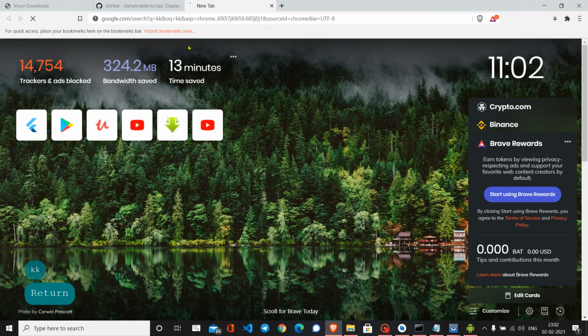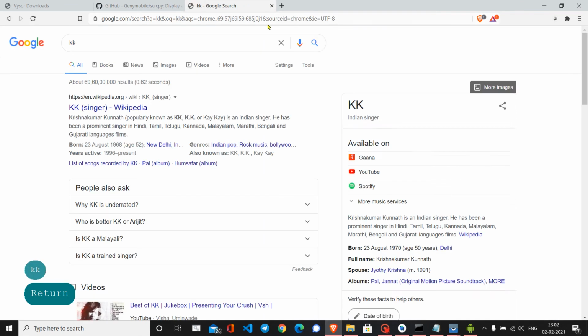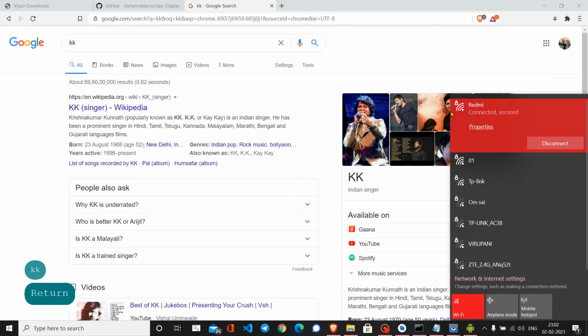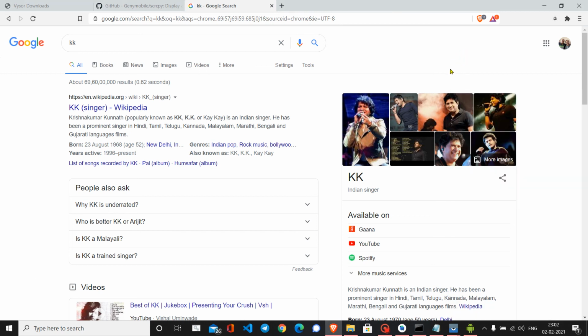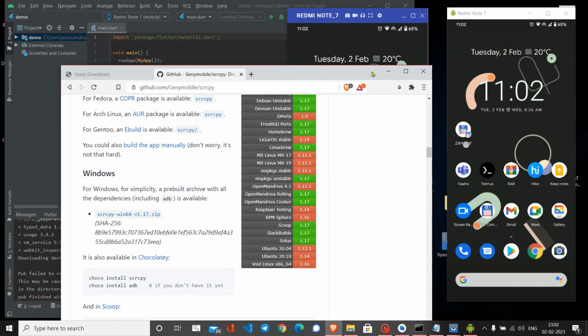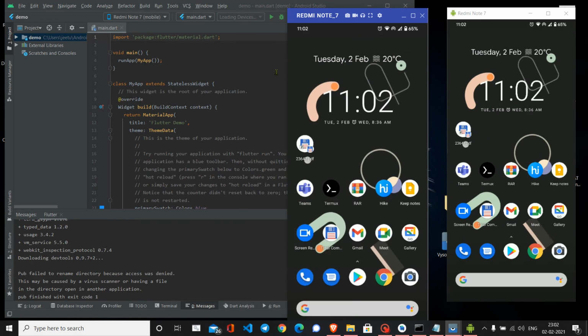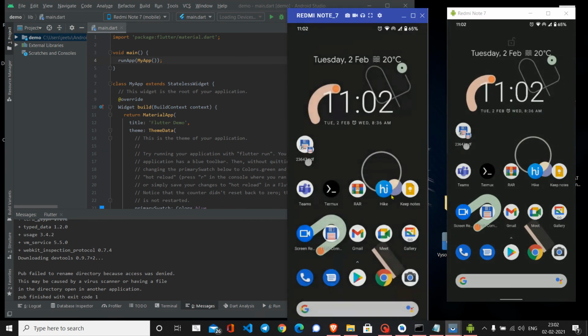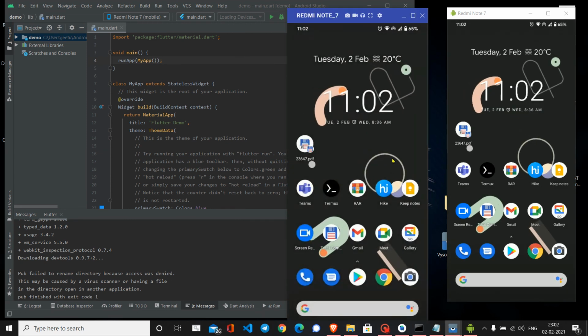So let's say I'm just pressing a key, and yes, I am able to access it, and you can see currently I am only connected to my Redmi device, and I am not connected to my home network. So yes, that is it, guys. This was the coolest thing which I ever learned, and I found it quite a useful thing to share.